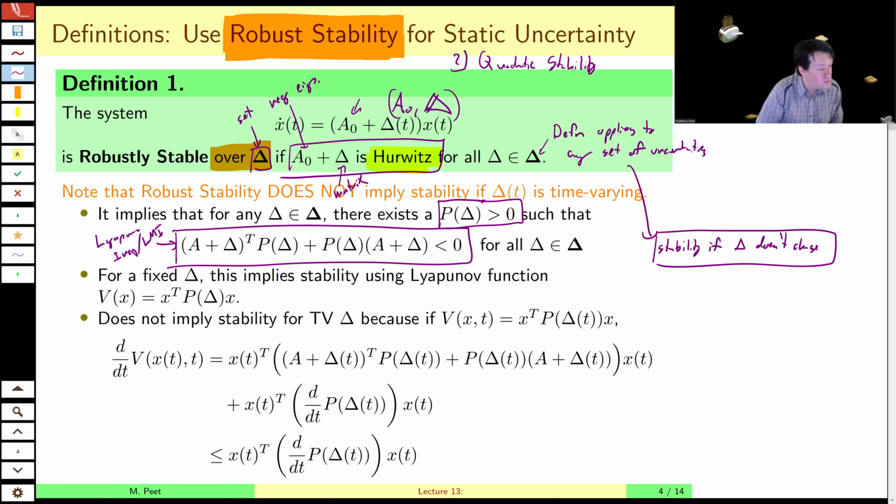Right? But what's important to note is, of course, that P may depend on delta. So the eigenvalues of A plus delta are going to be different for every possible choice of delta, and so the P that we get from solving that Lyapunov inequality is going to be different. So it's important to note that there's a dependence on P here, P of delta. It's important because now if we try and prove stability in the case where the parameter delta is time varying,